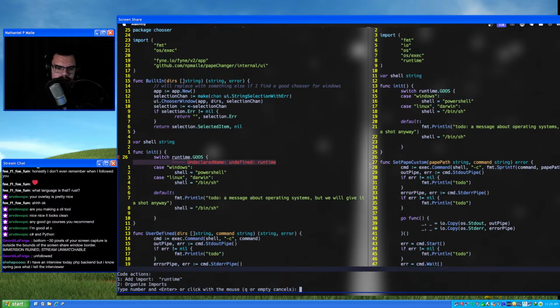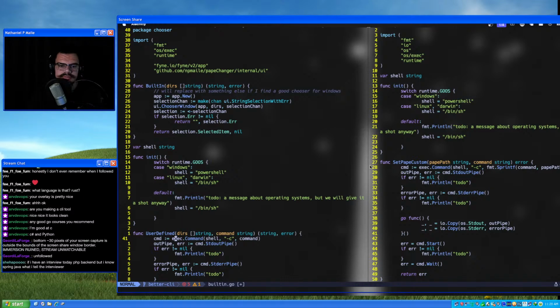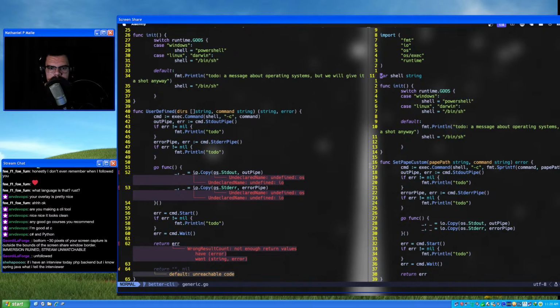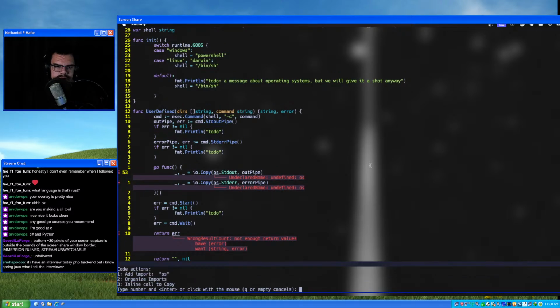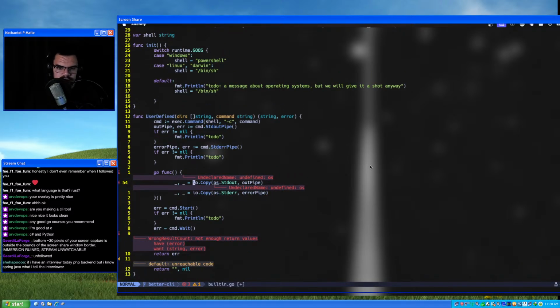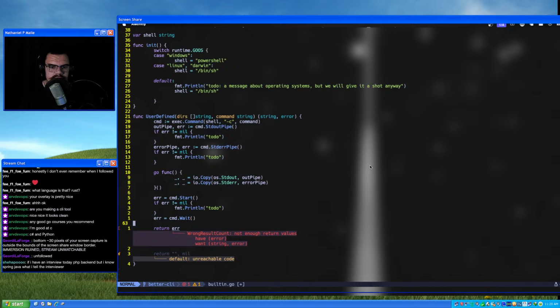Import runtime. We need to import io and os. 1 and 2. And this thing wants a string and an error.